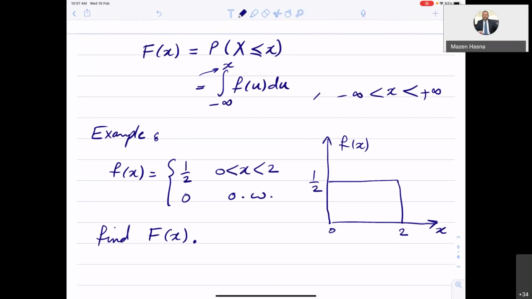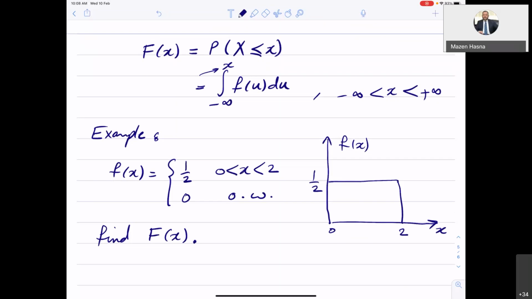How do we find it? Again, use the rule. If you always use the rule, you will not make mistakes. And some of you made mistakes in the quiz because you did not use the rules. I asked you to find capital F of 3 in the exam. I got a few answers saying there was no 3 in the range, so it's 0. You cannot just say that.